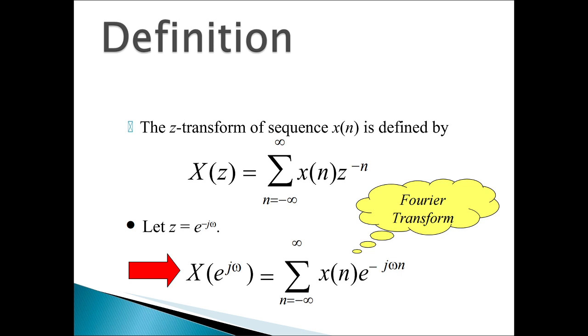The Z transform defined as the both-sided summation, that is sigma n equals minus infinity to plus infinity, is called the bilateral or double-sided Z transform. Unilateral or single-sided is when x of z equals sigma n equals 0 to infinity, or sigma n equals minus infinity to 0, and that is called single-sided or unilateral.